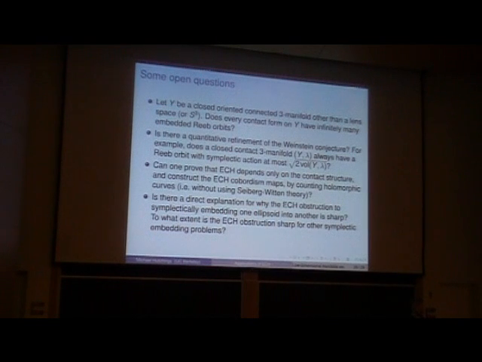The third problem, which I mentioned before, is to try to define these ECH capacities using holomorphic curves instead of Seiberg-Witten theory. And then the fourth open question is why this ECH or Seiberg-Witten theory gives such good obstructions to embedding one symplectic four-manifold into another. The proof that ECH gives a sharp obstruction to embedding one ellipsoid into another is really very long. It has a lot of Seiberg-Witten theory in it, sort of not just the Seiberg-Witten theory I was talking about, but also Seiberg-Witten